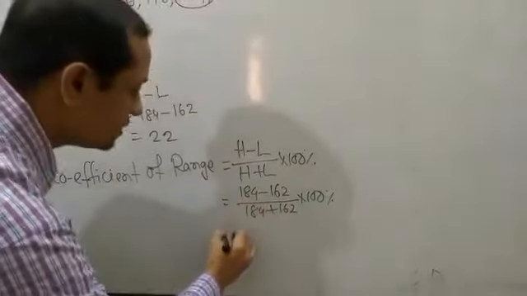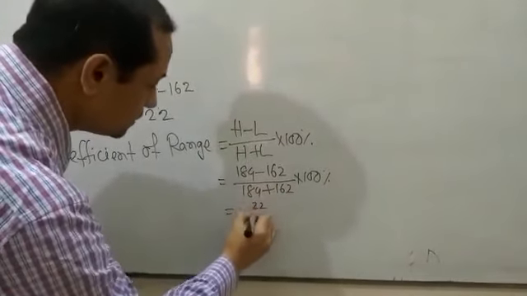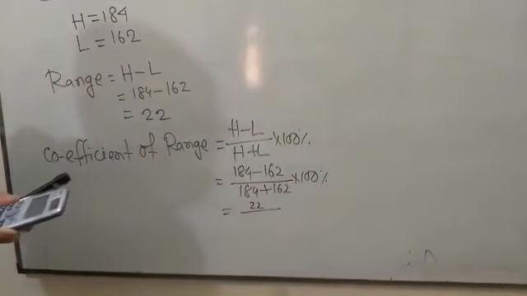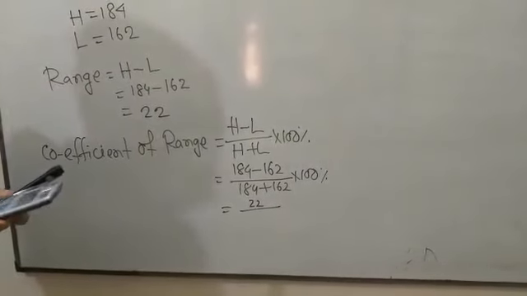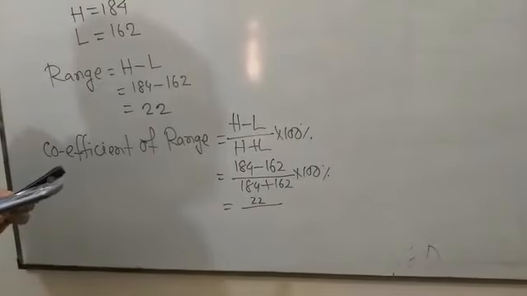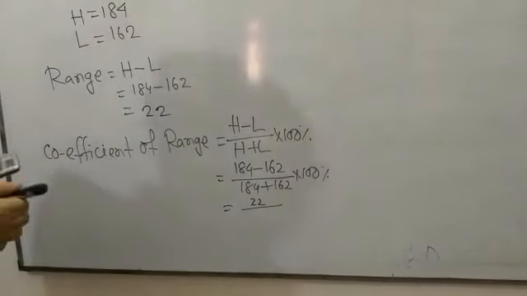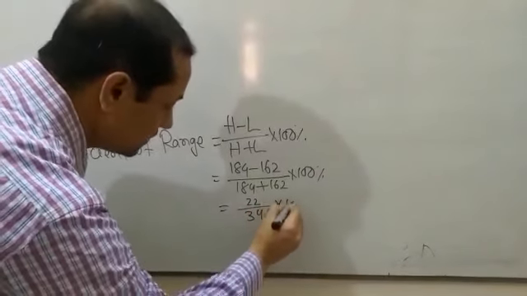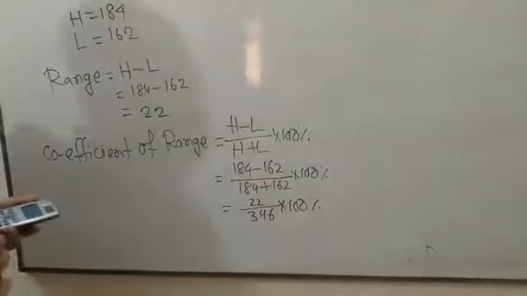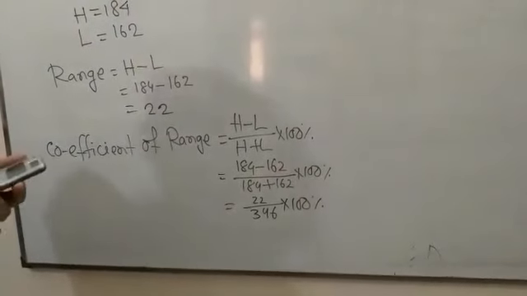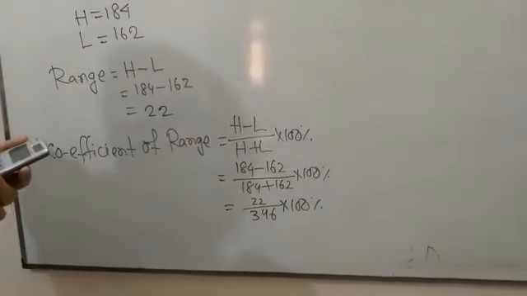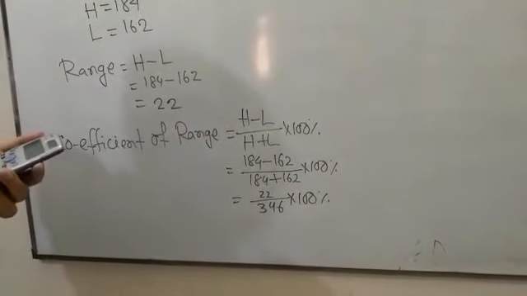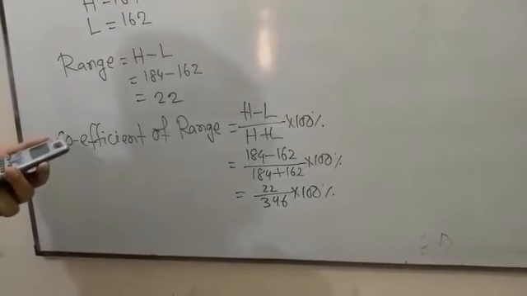Then 184 minus 162 is 22, by 184 plus 162, which equals 346. So 22 into 100, using calculator, 2200 divide 346 equals